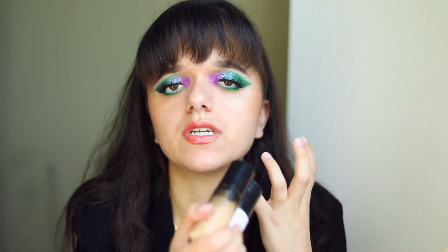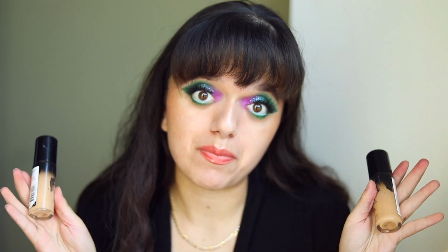If you're somebody who has problematic skin, but you don't want to wear foundation all the time, and yet you still want something that will cover up certain areas of your face whilst still staying put throughout the day and not drawing attention to that area because of an unnaturally matte or an unnaturally luminous finish, this is great, in my personal opinion. Next, I do want to talk about the Huda Beauty